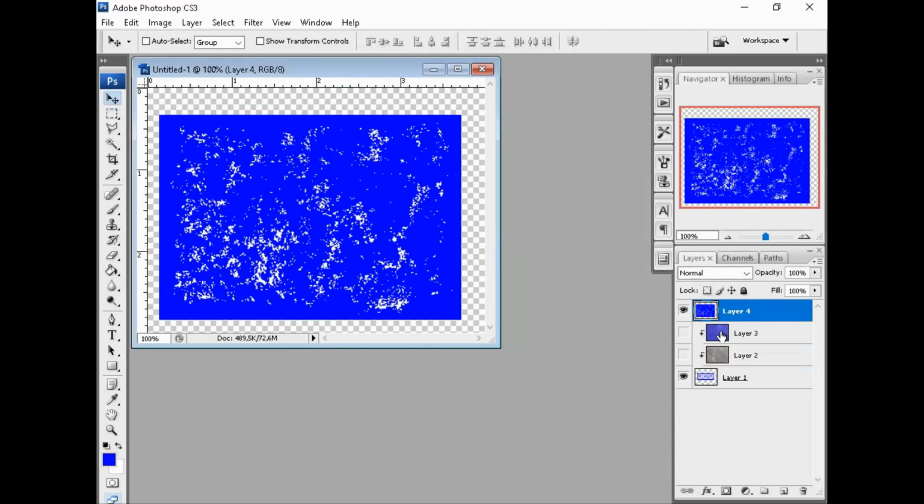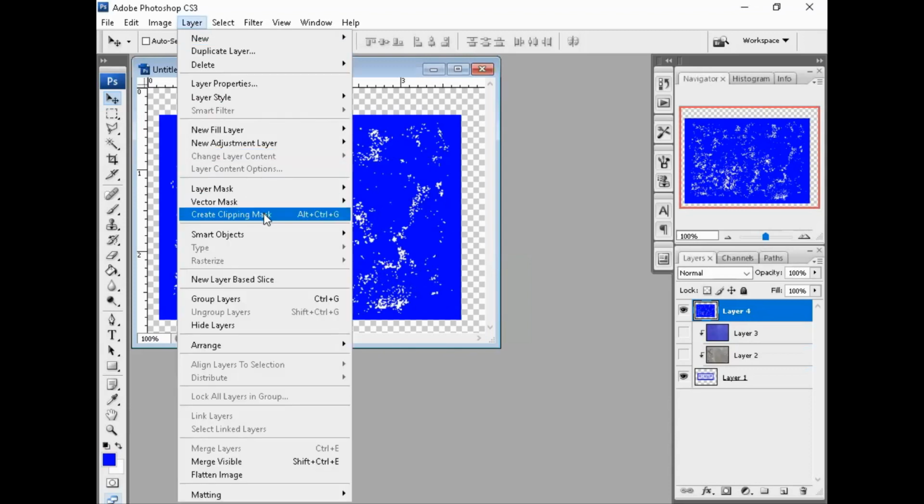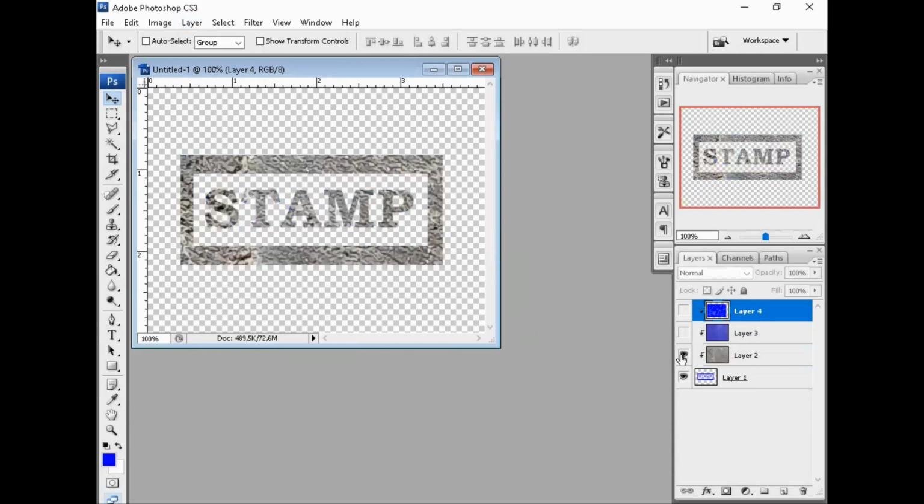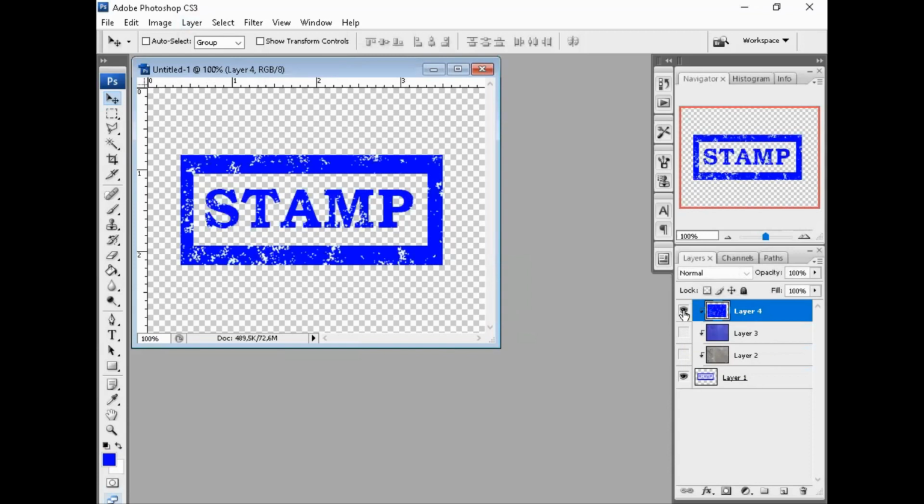Okay, let's use this background with the stamp effect, then create clipping. Okay, you will see the difference in the result like this, and this.